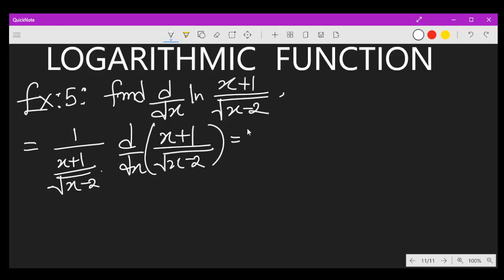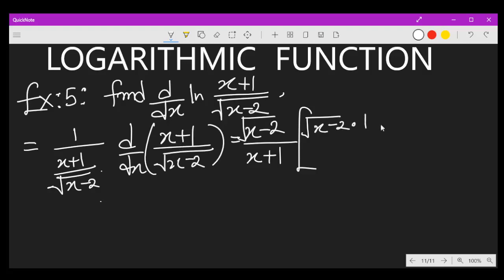So this will firstly reciprocate. You have square root of x minus 2 over x plus 1 onto, by applying the quotient rule, we have v du minus u dv. So this is u, and this one, v, is the square root of x minus 2. So the square root of x minus 2 times the derivative of u, which is 1, minus x plus 1 times the derivative of v, given 1 over 2 onto x minus 2 all to the power minus half, times 1,